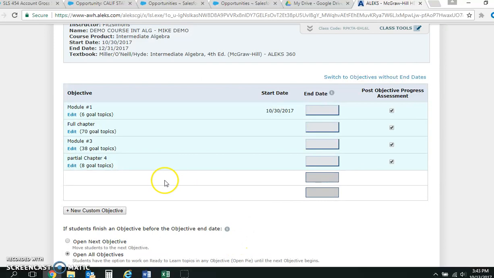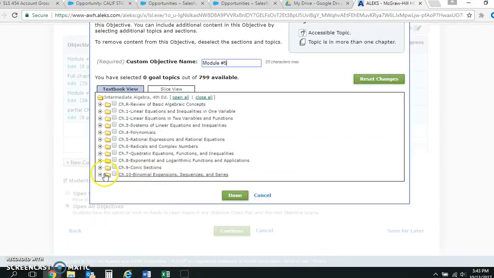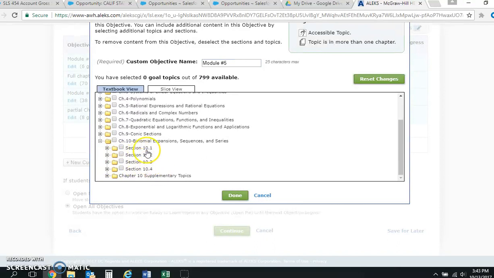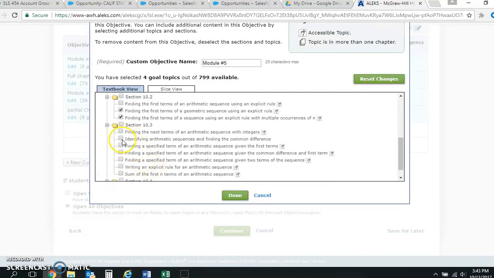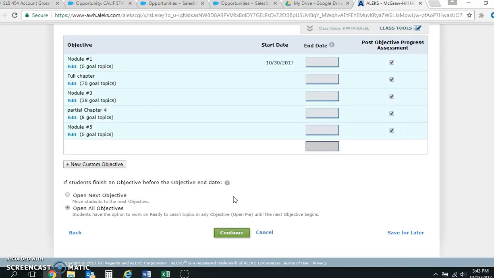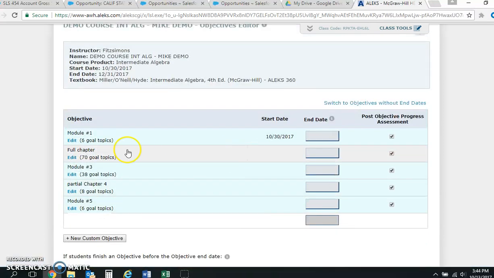Okay, done. And then our final chapter we're going to add is we're going to jump ahead and do chapter 10. We want to cover some topics from a few different sections. Okay, so you get the idea here of how we select the certain topics that are going to be included in our ALEKS course module. We're done. Okay, so now we have our 5 modules,